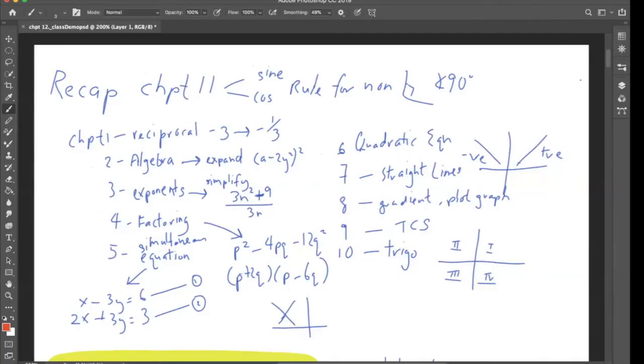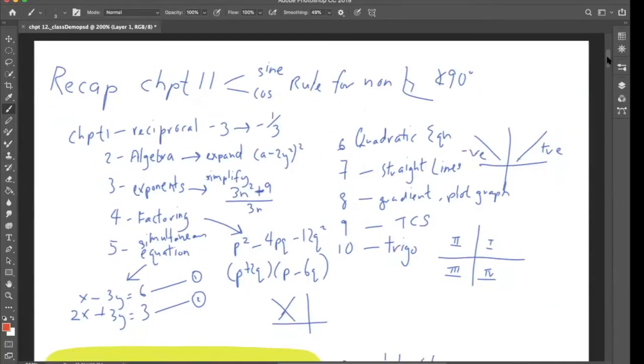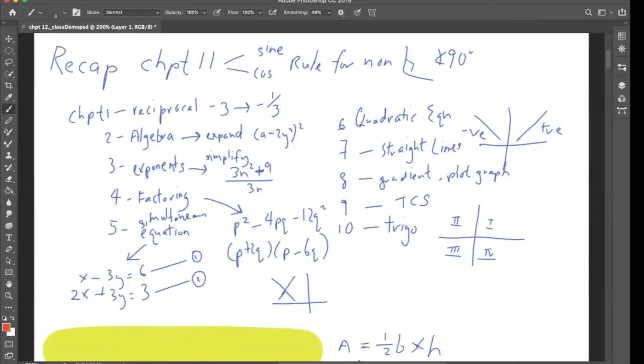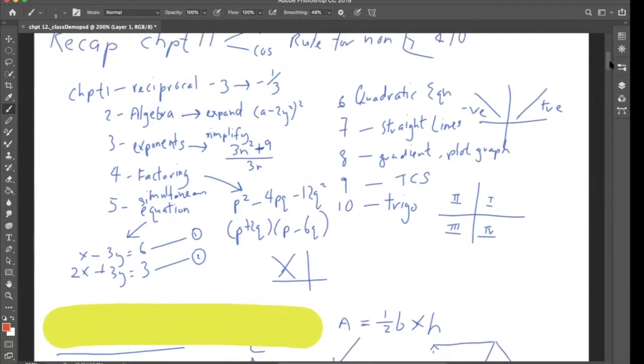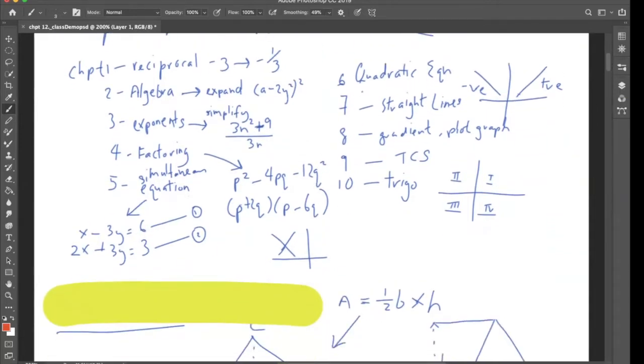Right, so let me go to chapter 12, but before that, chapter 11, we recap. Previously, we did sine and cosine rule. So for all triangles that's non-90 degrees, to be able to find the sides, we can use either the sine rule or the cosine rule. Okay, so today we are at the last chapter. So far for the past 3 months, or rather for the past 4 months, we have gone through